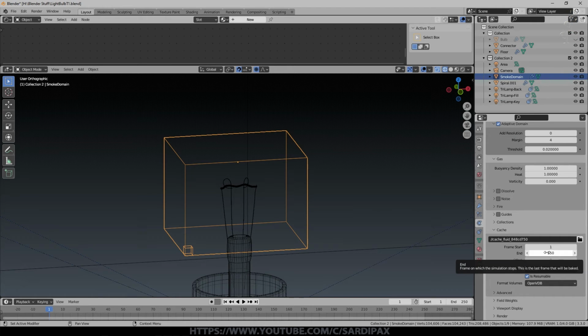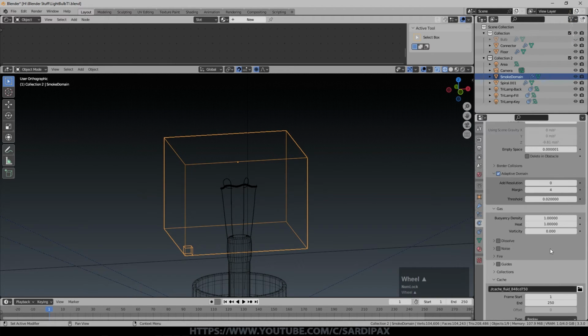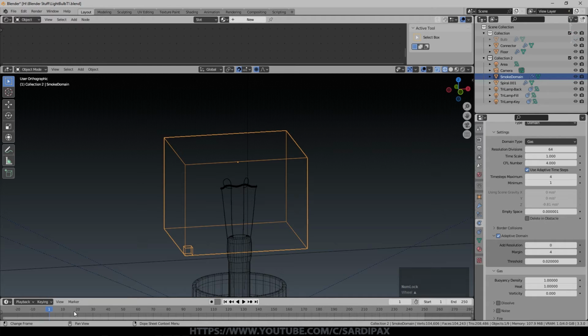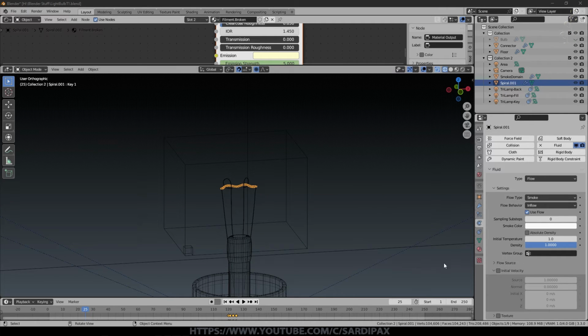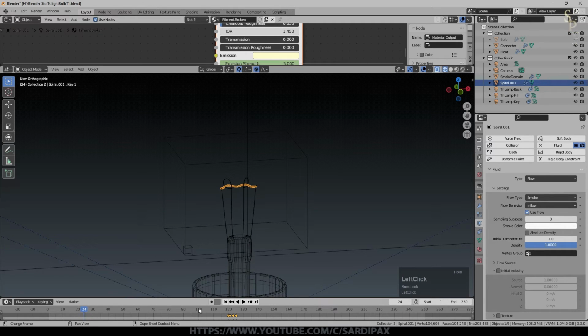This needs to enclose the frame range that you want the smoke domain to exist. Theoretically, I don't need to start till frame 20. However, I'm going to control the smoke in a slightly different way. So if I go to frame 25 now, which is where I want the smoke to start, and then select my filament, I'm going to set the density just before frame 25, so frame 24, to 0, and keyframe that, pressing I while hovering over it. Then come forward a frame, and for the moment we'll just go with a density of 1, and press I again. So effectively, smoke domain density goes from 0 to 1 instantly over 1 frame.